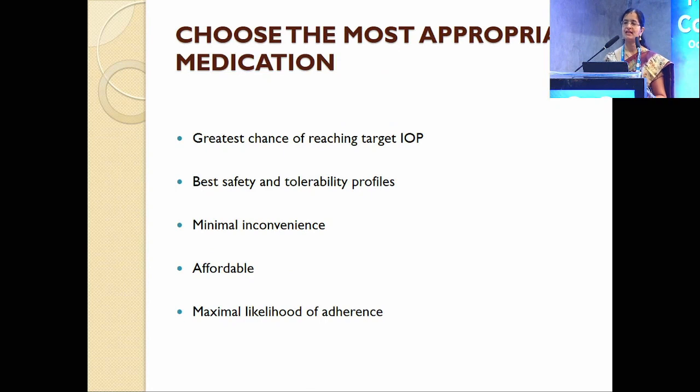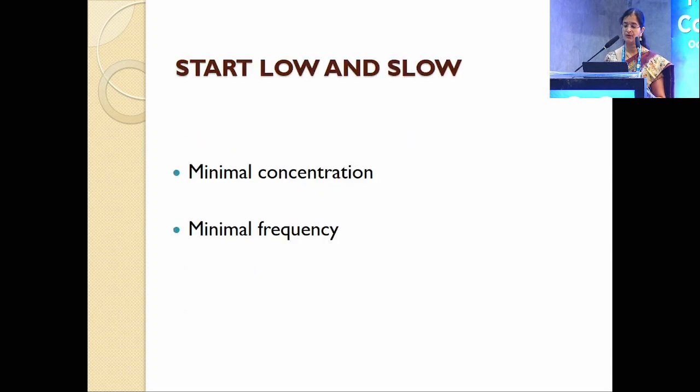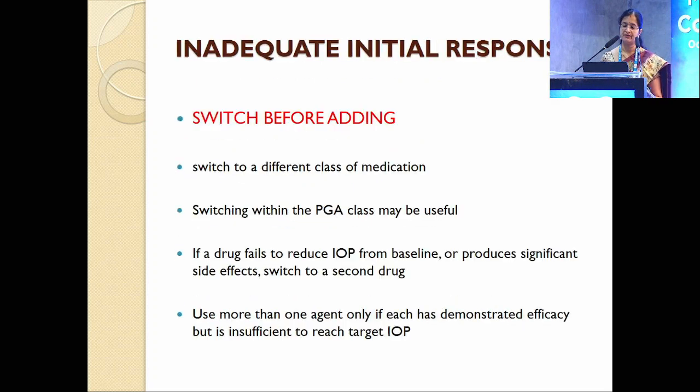One thing I want to tell is, when you initially see a patient, depending on the intraocular pressure, and depending on the target IOP that you have decided, you should prescribe one medication which has the greatest chance of reaching the target pressure with best safety and tolerability profile, minimum inconvenience, which is affordable, and maximal likelihood of adherence. So minimal concentration and minimal frequency. Start with that. Once you have given a drug, call back the patient after a week or 10 days